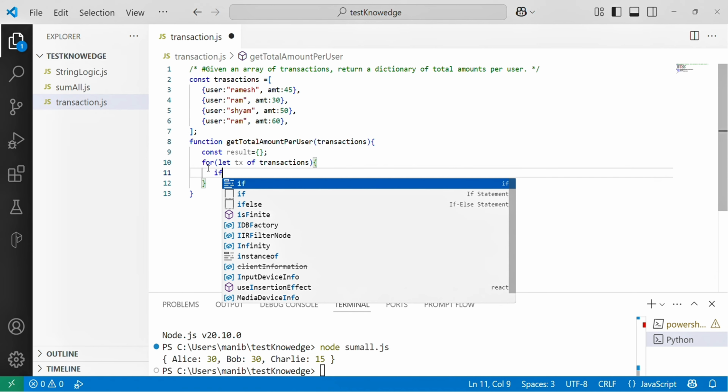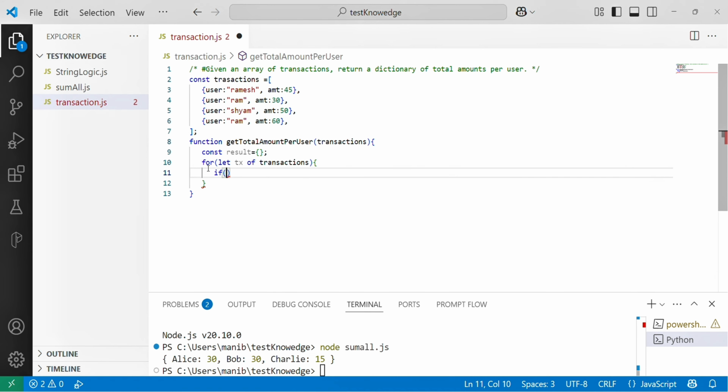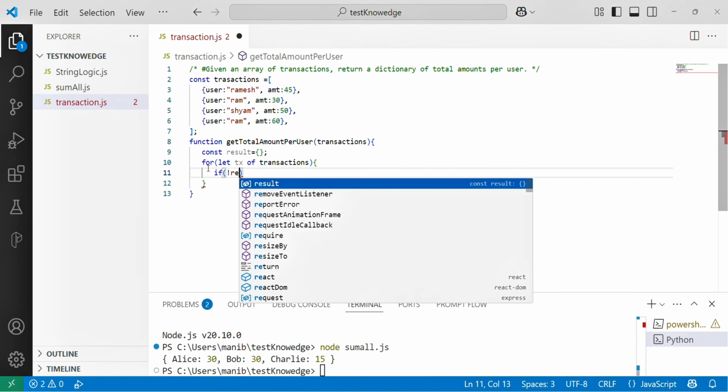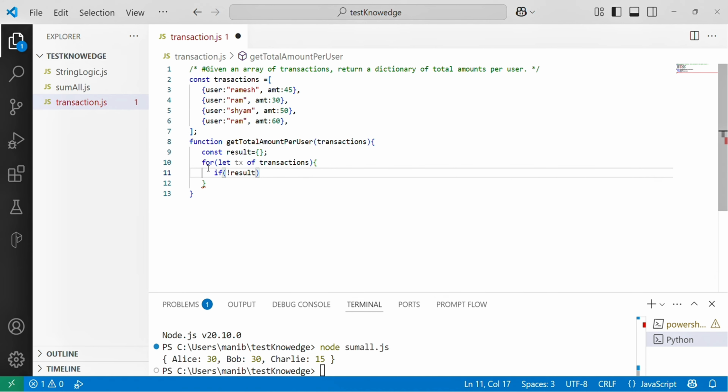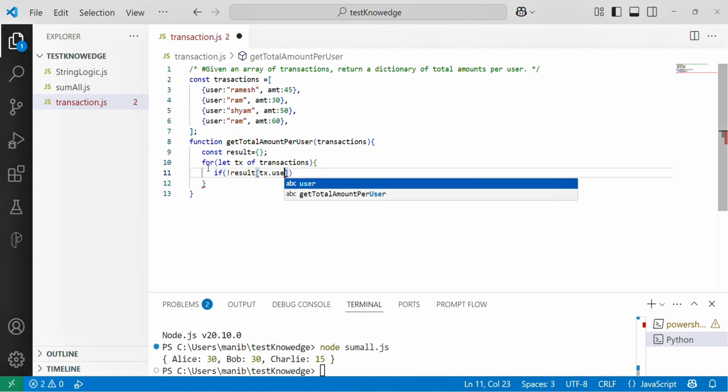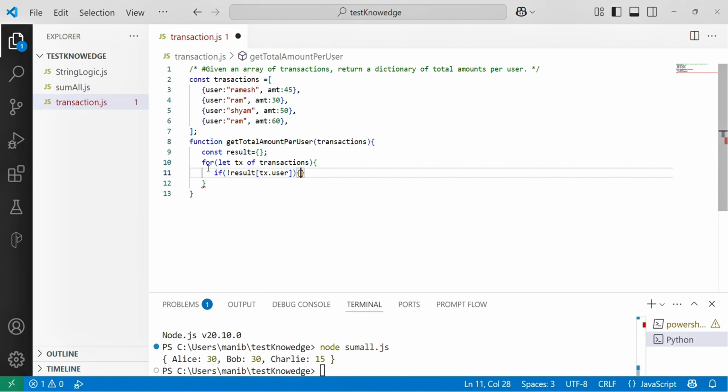Suppose there is a new user, not in result, tx of user. That means there will be a new user.